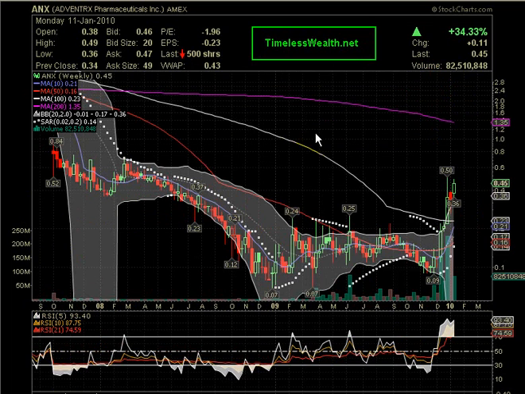Here we are with the weekly chart, which means every bar and or candle in this chart represents 1 week worth of price action, with the exception of this bar right here, which currently sums up the price action following Monday's trading session. So what I'd like to do here is draw in that very same 20 cents per share breakout level that I talked about in the daily chart. I believe that's right here. So what I talked about was the price breaking above this, pulling back, testing this now supporting level, and that was a breakout level as I mentioned. Tested it, the supporting level held well, and the price rallied.